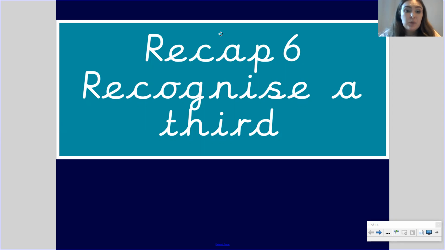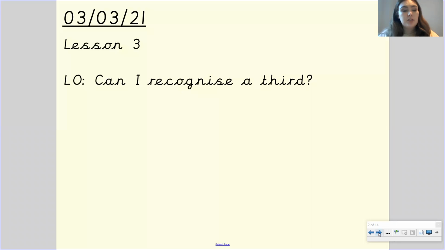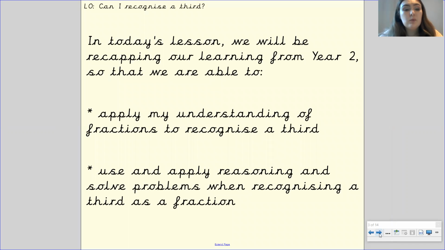And in today's session, we are going to be recognising a third. So our learning objective for this lesson is, can I recognise a third? In today's lesson, we will be recapping our learning from year 2 so that we are able to apply your understanding of fractions to recognise a third, and to use and apply reasoning and solve problems when recognising a third